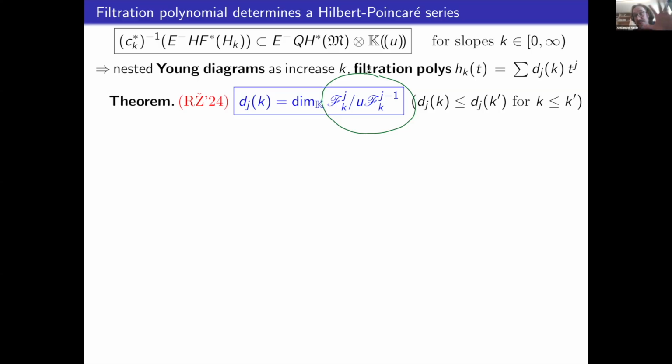So let me remind you again what these filtrations mean. The K is just telling you which slope we're looking at. So this is a Hamiltonian that at infinity is K times the moment map. And the top value here is telling us it's U to the J divisible. So these are the classes in ordinary quantum cohomology that, when you map them to Floer theory for slope K, become U to the J